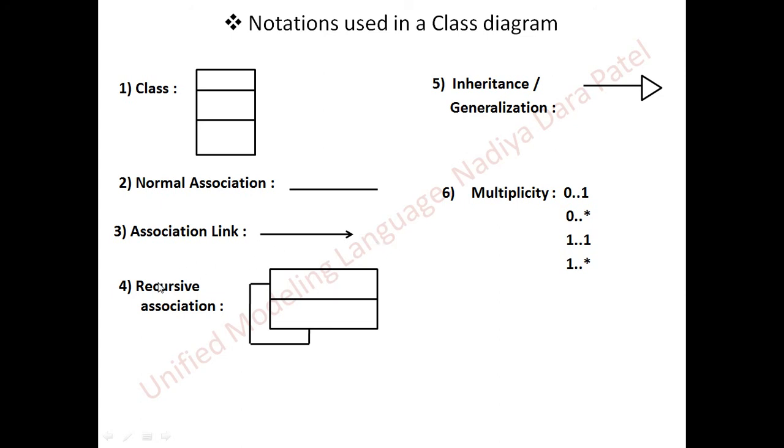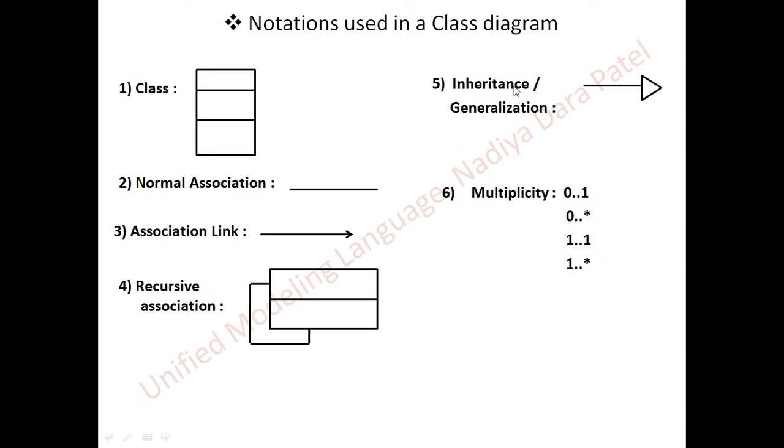The next symbol is for recursive association. As you can see, here is an object. As I told you, you can make use of only one part. So I have made use of 2 parts. Consider it as a class notation. And here is the recursive association, which looks like a loop. When we say loop, it is going to take some inputs and have some iterations. So this is that kind of symbol.